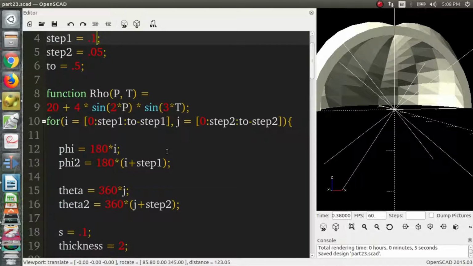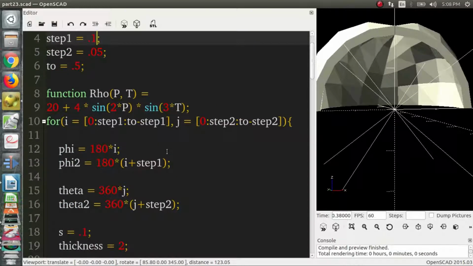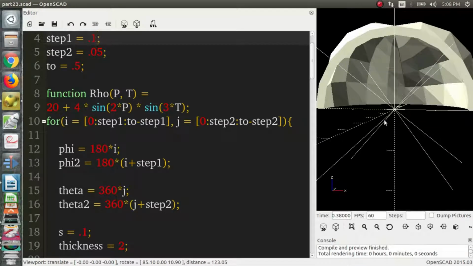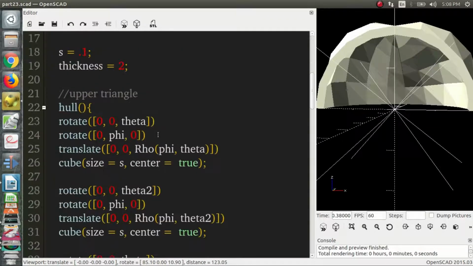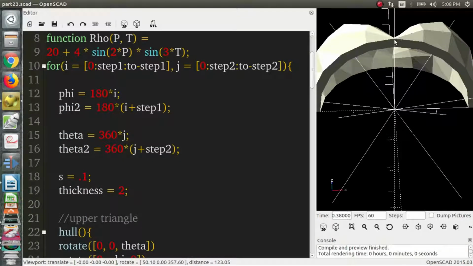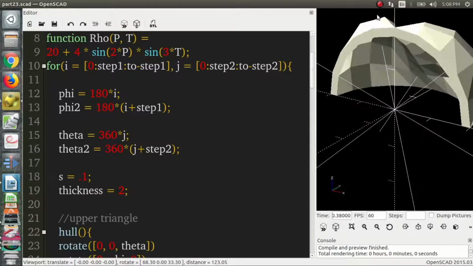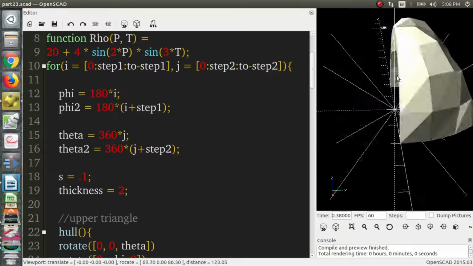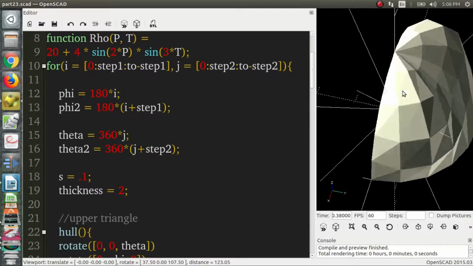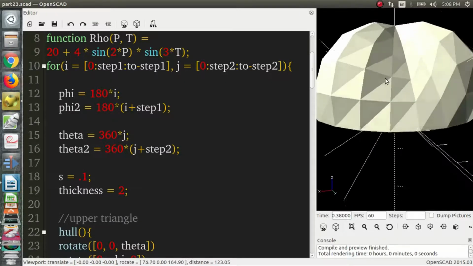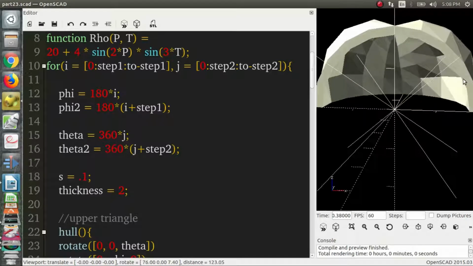I think that's mostly it for surface hulls and spherical coordinates. It's a fairly straightforward process. You essentially translate your cube up and you rotate it in the XZ plane, then you rotate it around the Z axis, and you use the upper and lower triangle method to create a hulled surface, and you can double up